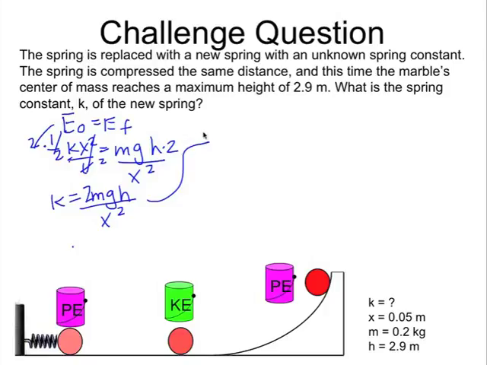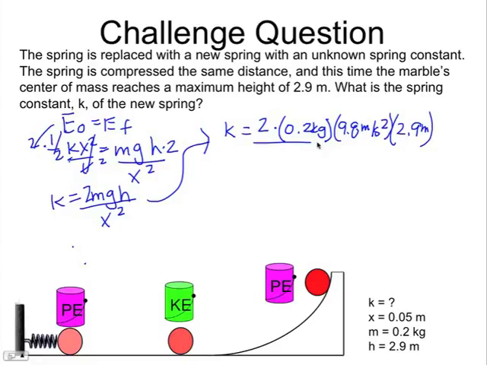When we plug in our values, we get 2 times our mass, 0.2 kilograms, times gravity, 9.8 meters per second squared, times our height of 2.9 meters, all divided by how far our spring is compressed initially. And it's compressed the same amount as last time, 0.05 meters. Let's square this value since x is squared in our equation. When you solve for k, we get a higher spring constant than before,